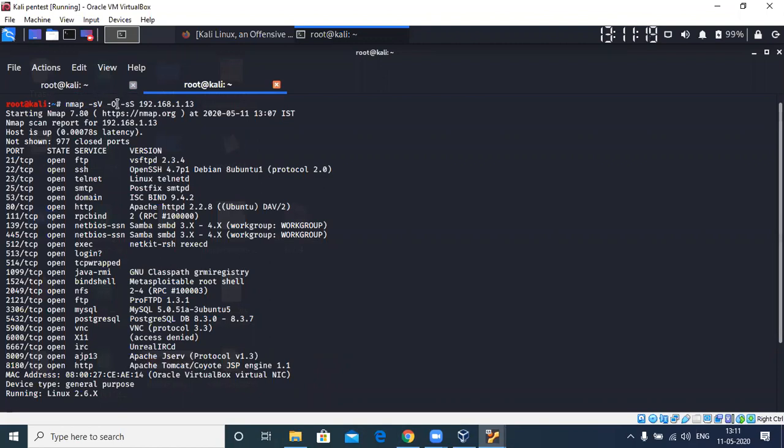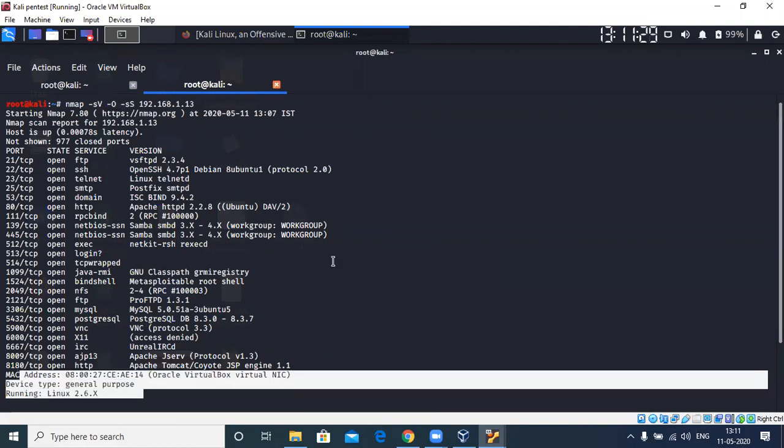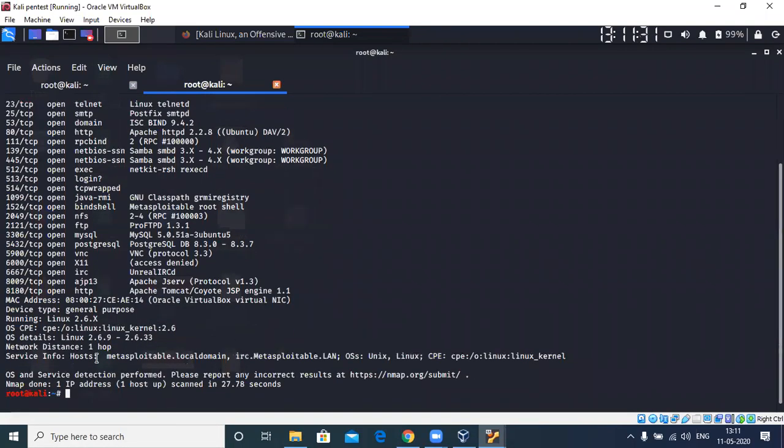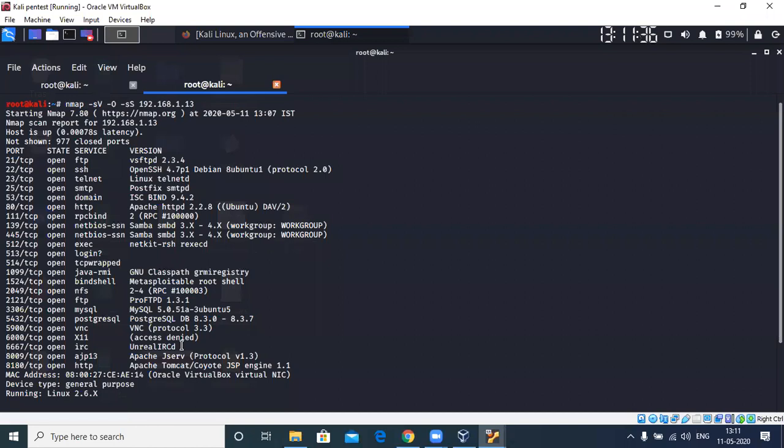And the capital O tag is pretty easy to understand. It's actually running an OS detection. So it gets that out to be Linux or whatever, and you can see some other banner information about it. So that is something about version detection and OS detection.